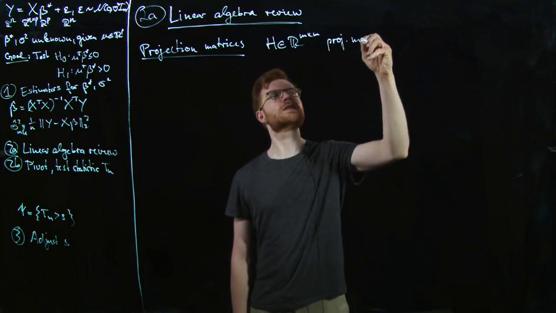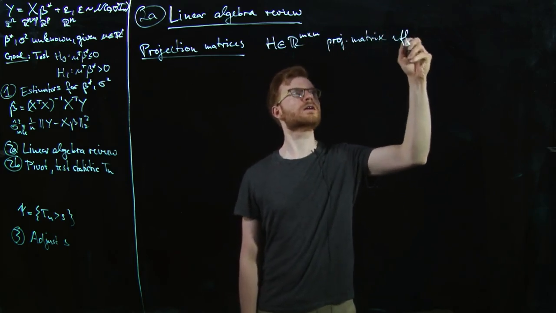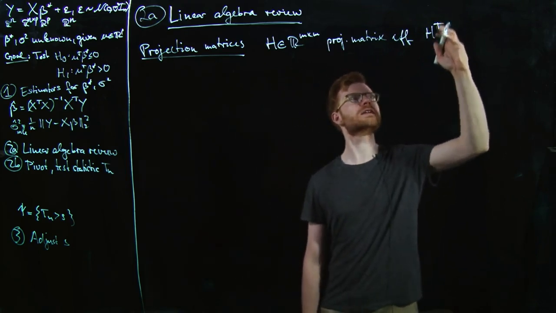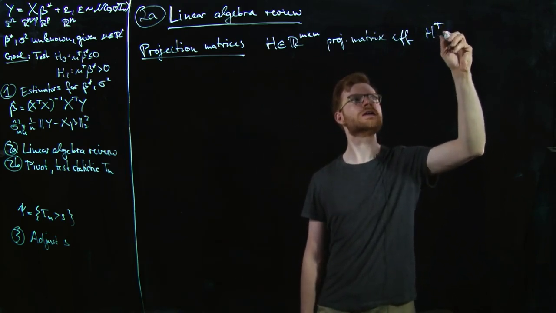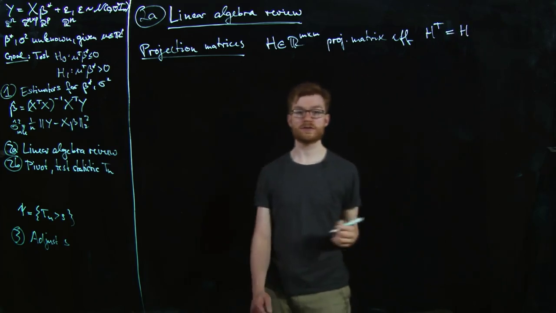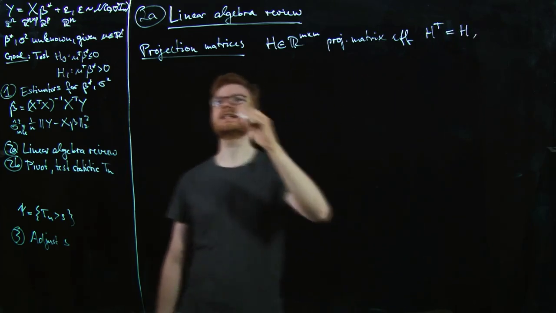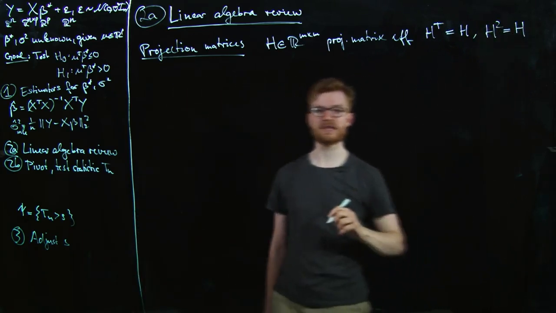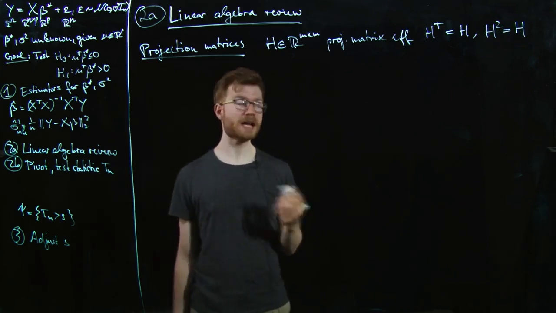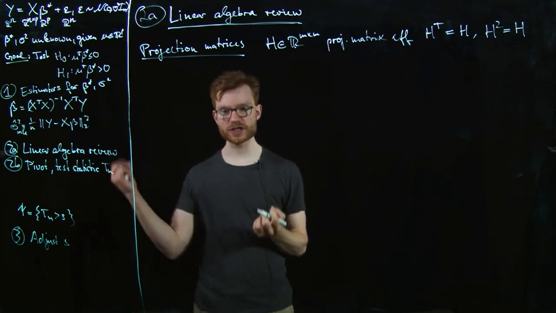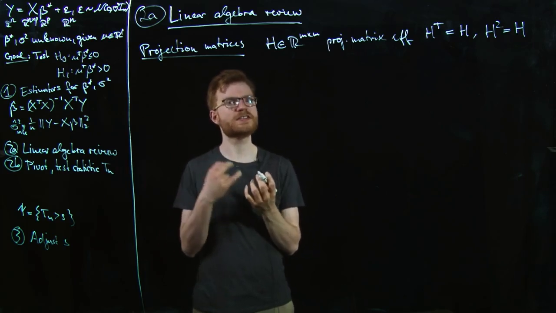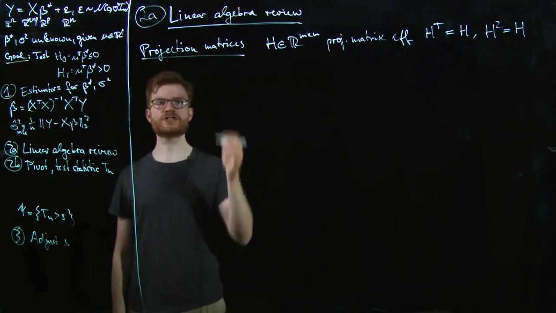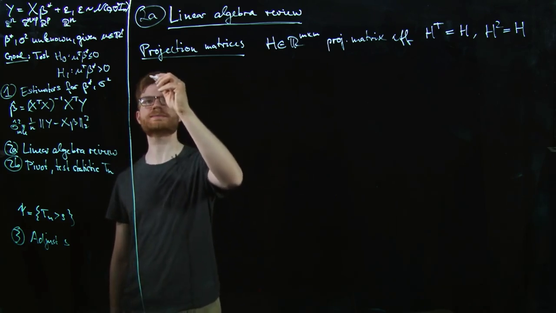It's a projection matrix if it is symmetric, and if I apply it twice, then I get the same matrix back. This matches our intuition of a projection, because once you project a point somewhere, then it should stay there even if you try to project it again. Right? So the important part for us is just that if I have a projection matrix,